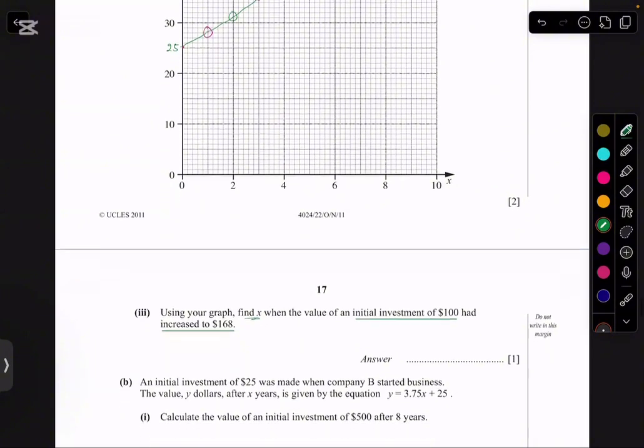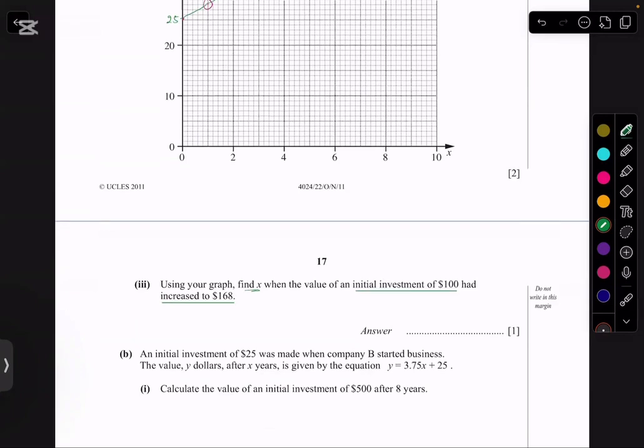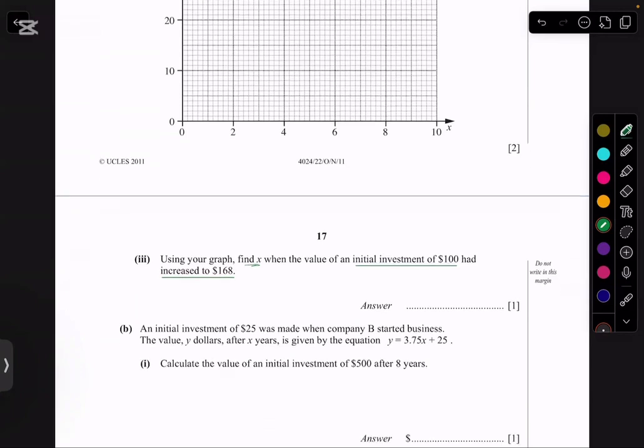So again here, I will be using my ratio method, and for the ratio method, what I am going to say is कि अगर $100 की इन्वेस्टमेंट पर you are getting the rate of $168. हमें नहीं पता after how many years. This is what they are asking to find out. X after how many years? We just don't know this.